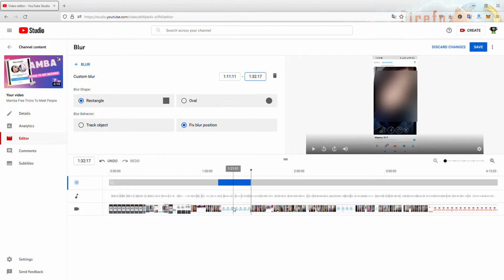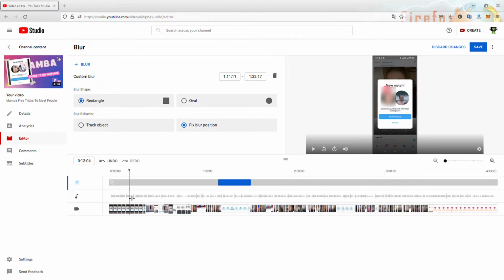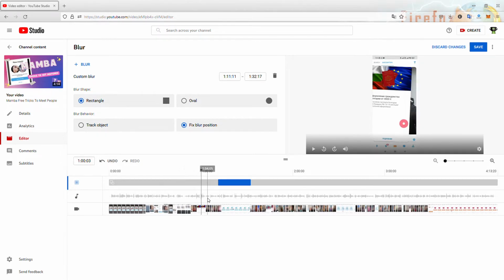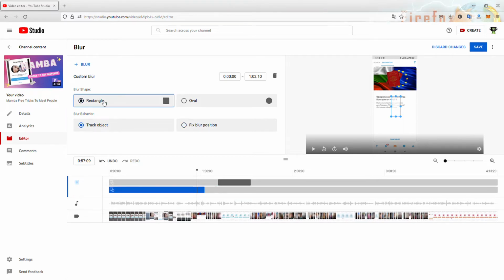That works because I know the blur position and it doesn't change on all these frames. Then let's say, for example, we want to blur the face of someone. So let's find something moving. I chose a video that is already blurred for privacy reasons. So let's pick here track object. I will create a new custom blur again, but this time I will let it track the object. So I can, for example, choose oval blur,